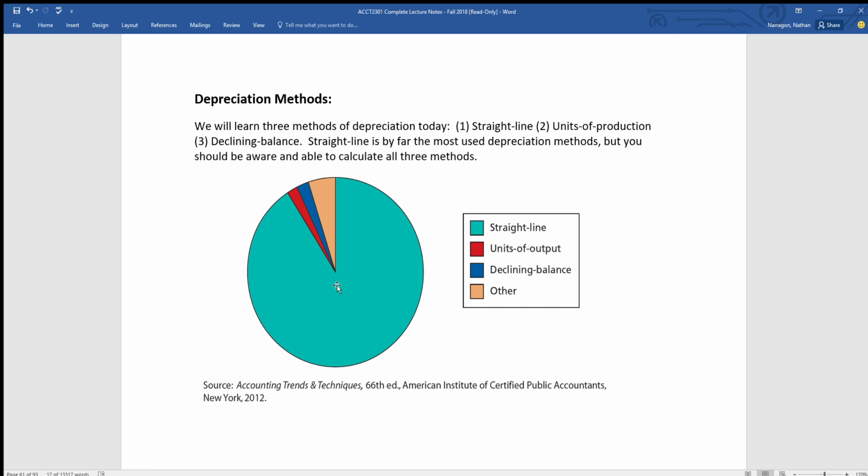So with us, we're mostly going to focus on, one, a refresh of the straight line method, then look at units of output, and then we're going to look at double declining. Again, the other is probably the part of the pie that's tax. Okay, so